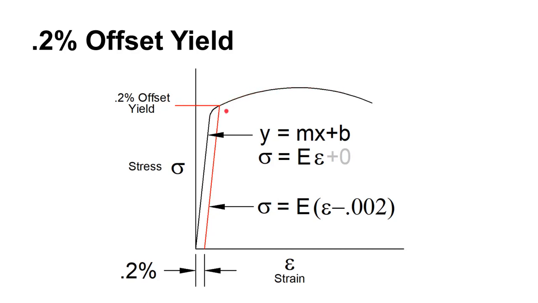of this test, that is on this axis, the stress axis. That is where the 0.2% offset yield is. So notice this is a stress value. When you see offset strength, you're going to get numbers in PSI or KSI or megapascals. They will be stress units because they are a stress.